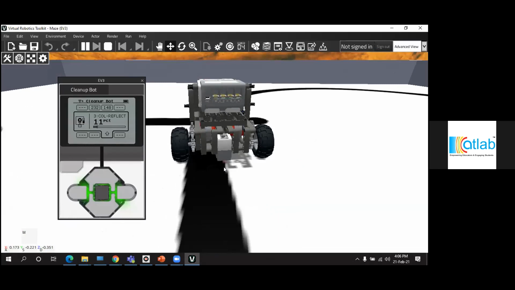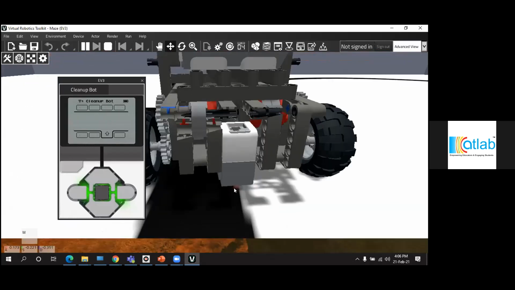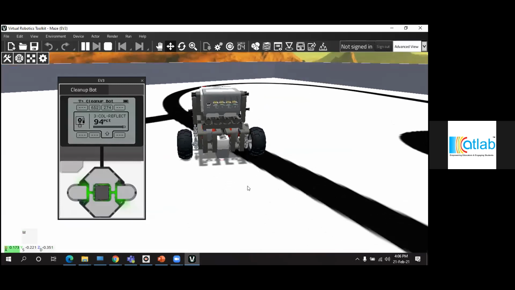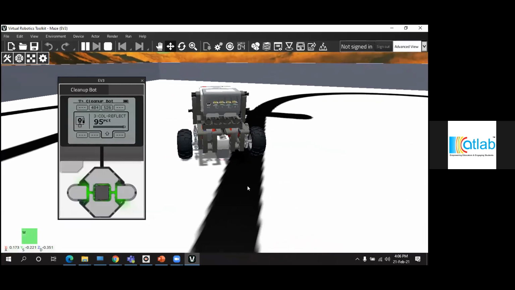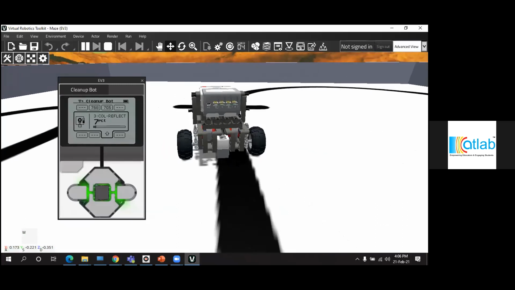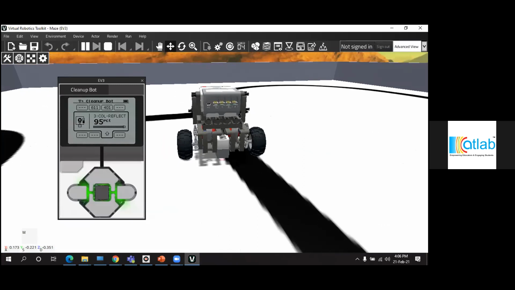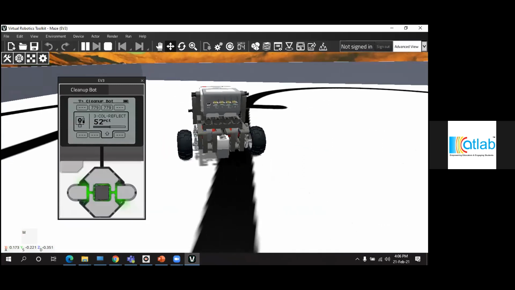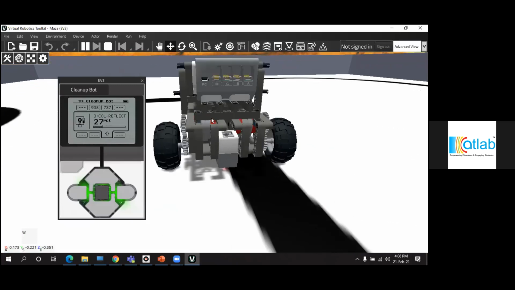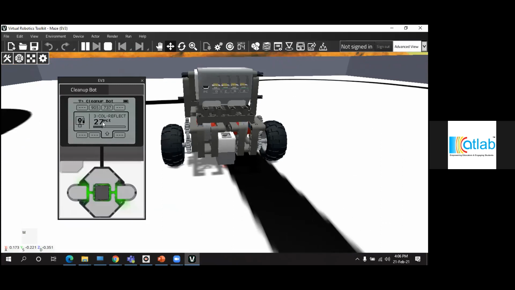What I mean is our sensor will be facing half white, half black in this way, or half white and half black in this way, or else we can program the robot to follow this side of the line, half white and then half black. If you keep half white and half black properly, you'll get something around 27. So I'm going to take this value 27, because for my robot, for my environment, the value is 27.